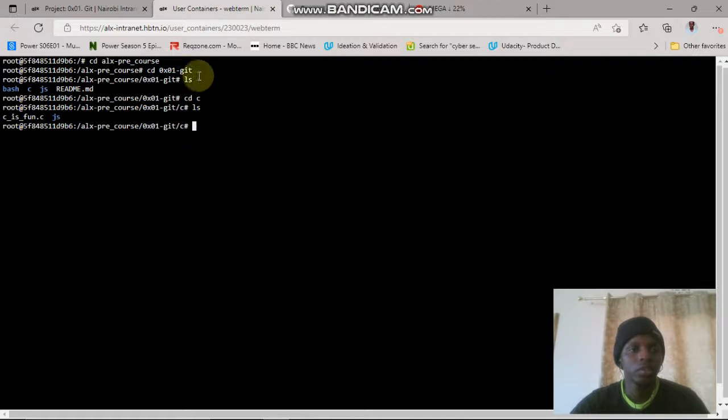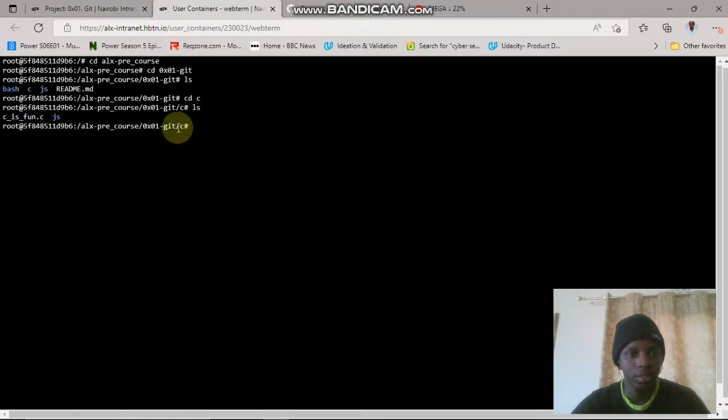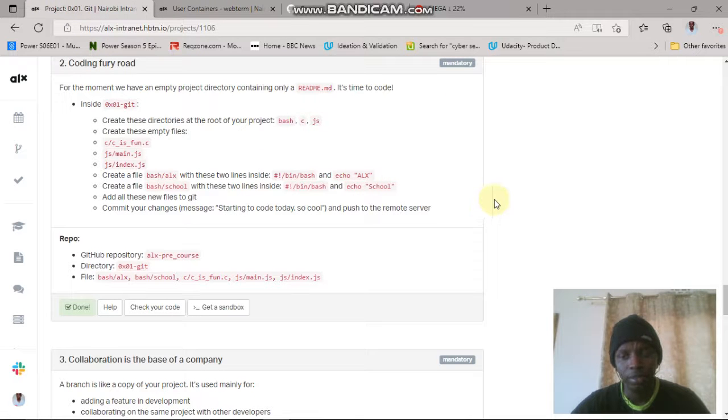And once you're done with that, since you're in the C directory, you can go back. So we do cd .. and we go back. Now we're in the 0x01 git directory. What we're going to do next is create files in JS, which are